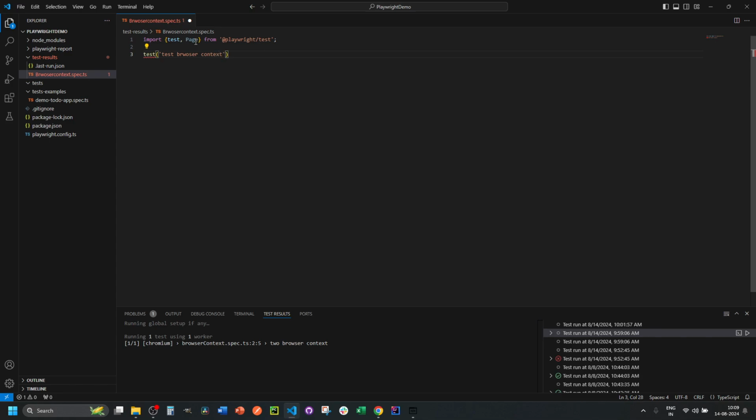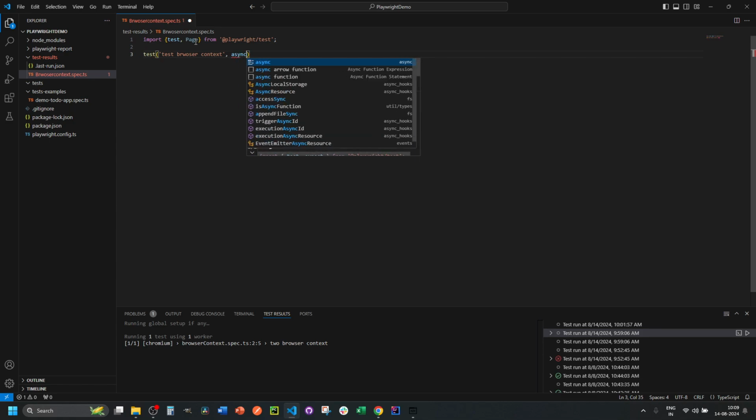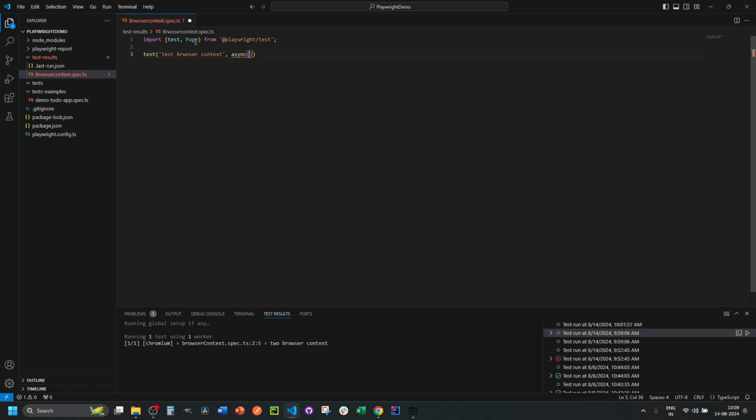After naming, just type async, then provide this, and then equal sign, greater sign, this one. And now what you have to do is create one browser context to launch the browser. So write constant